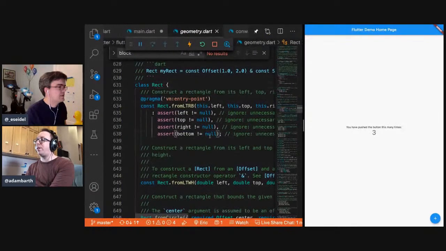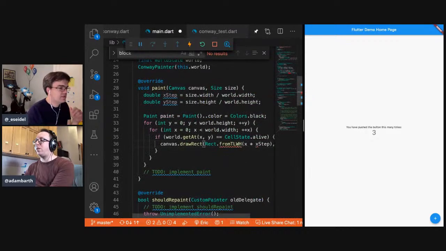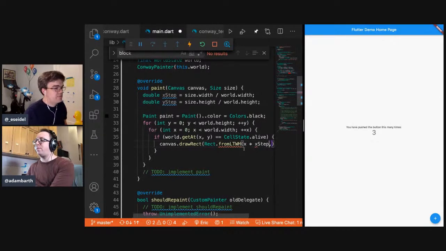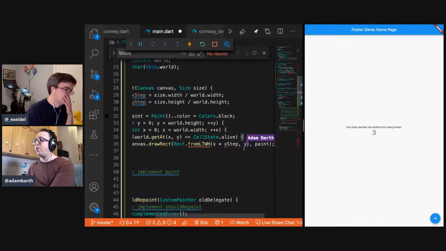So top left is going to be X. It's LTRB or LTWH, left, top, width, height. So it's in the order you would expect, X then Y, so like all the X's, then all the Y's. X, Y, and then width, and then height. Right, so left, top, width, and height.